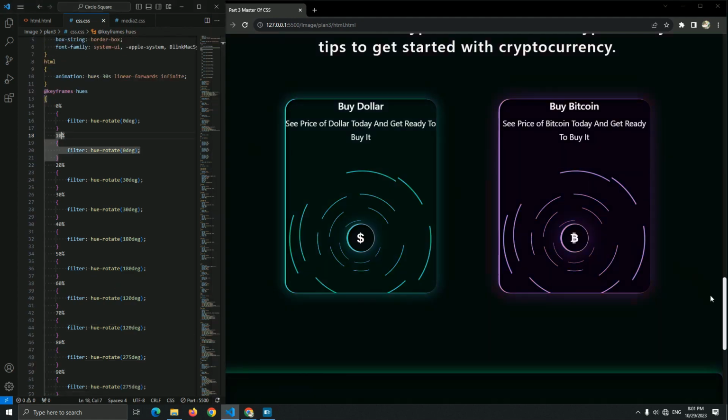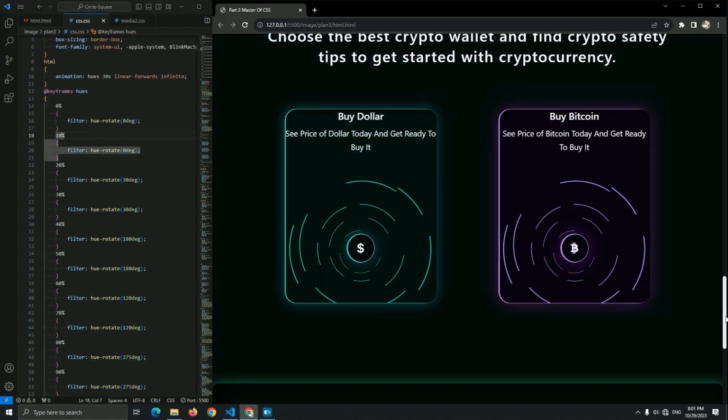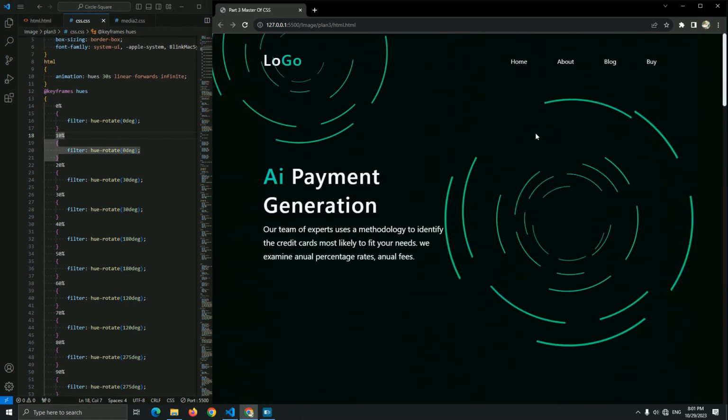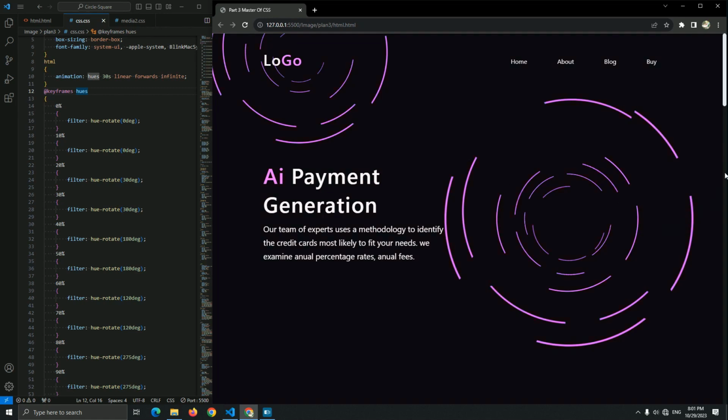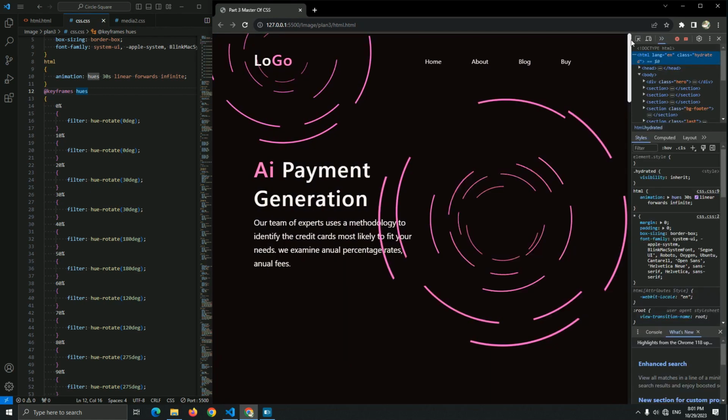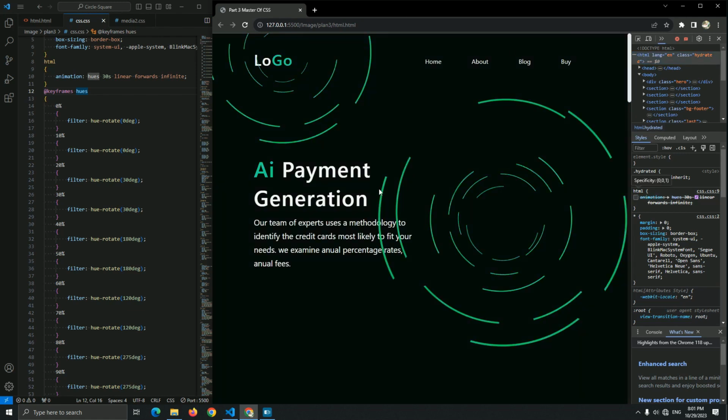Just need to add this. And if you want, you can add more color. Or for example, if we don't like this background, and you want it to be darker or lighter, you just need to add, let me just show you in inspect what you need to add here. So for example, if you don't like this color, or you want the background to be darker, you just need to add a filter hue.